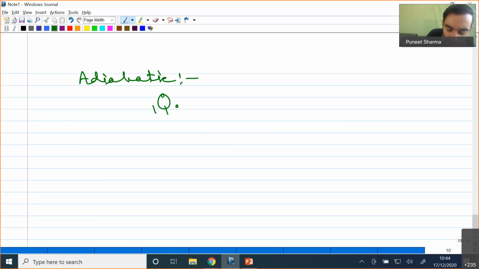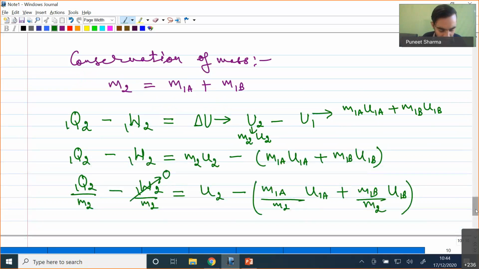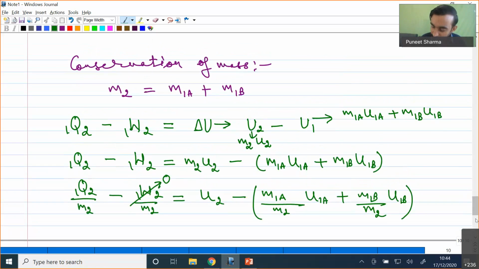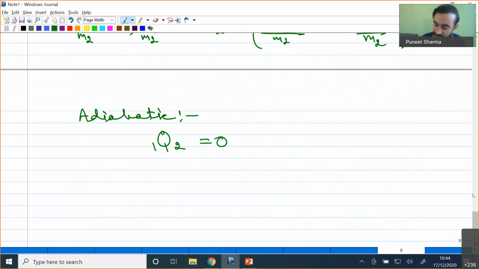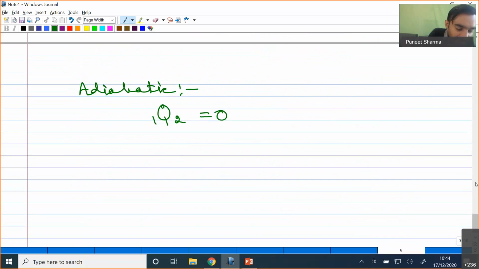Q1-2 will also be equal to 0. So if Q1-2 is equal to 0, in that case, we will be finding that u2 will be equal to, if I write the final equation,